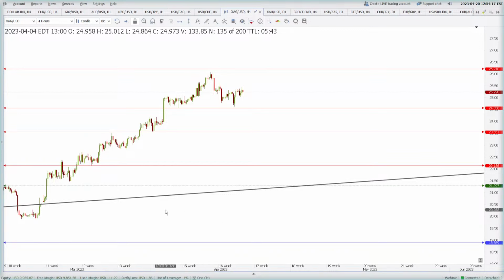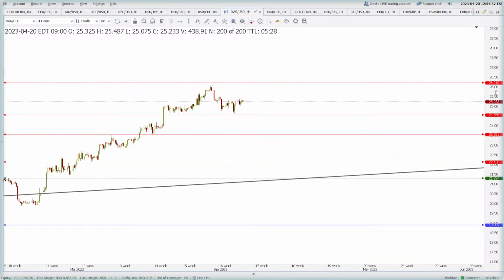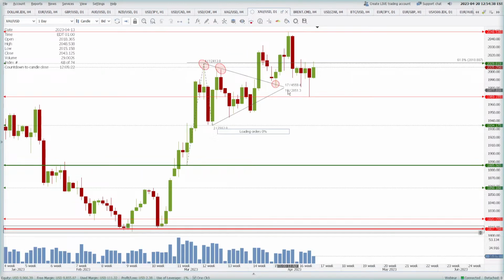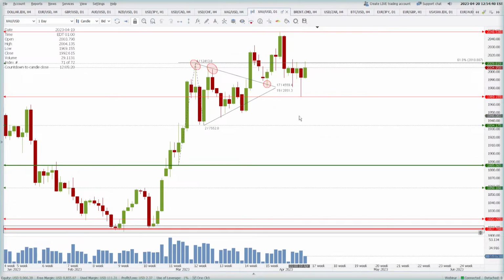Okay, so the point here is that silver may rise to the previous highs that it has made. What was the high here? 26.08. That is the minimum. But looking at this consolidation before the next move up, I'm even expecting higher highs like 29.83 in silver. I hope that helps. Talking about gold, it is also consolidating.